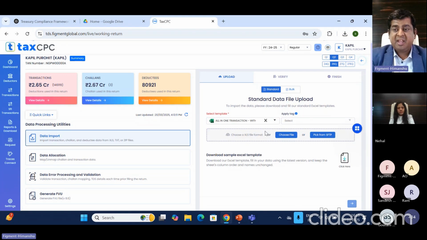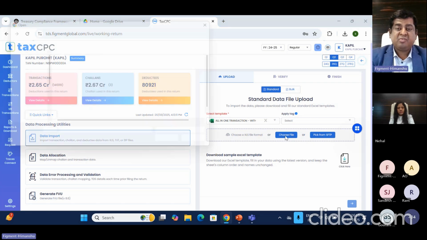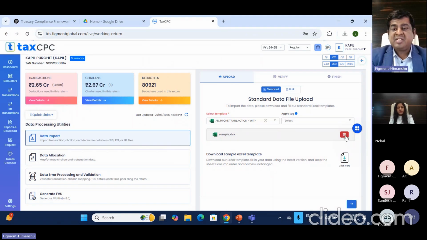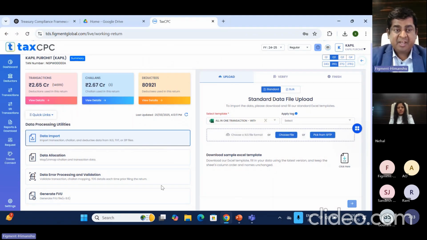सेव करने के बाद में यहाँ पे आपको आपका ऑल इन वन ट्रांजेक्शन टेम्पलेट सिलेक्ट करना है। अगर एसएफटीपी के थ्रू फाइल को पिक करना है तो एसएफटीपी के थ्रू भी पिक किया जा सकता है, या आपको ब्राउज करके फाइल चूज करना है तो ये सैंपल फाइल आप इसको ओपन कर सकते हैं। तो इस प्रकार से आपका डेटा इंसर्ट का प्रोसेस क्रिएट होगा।